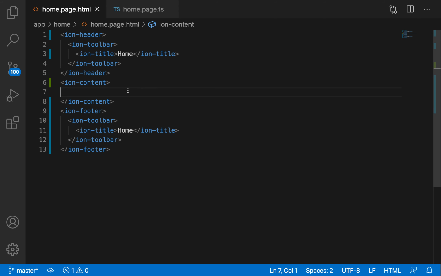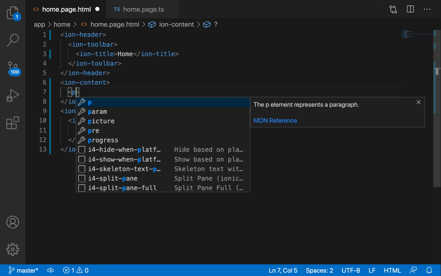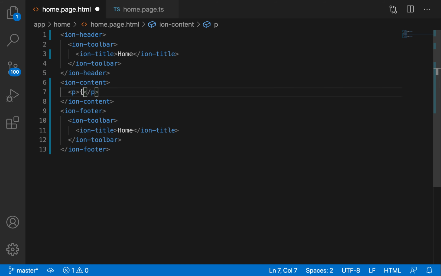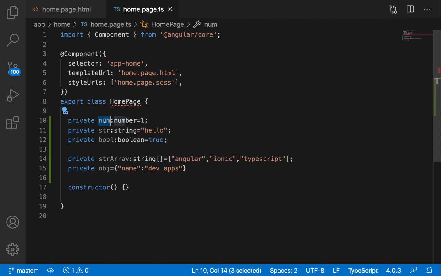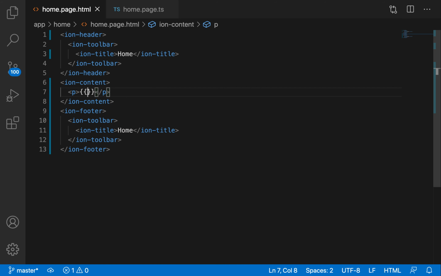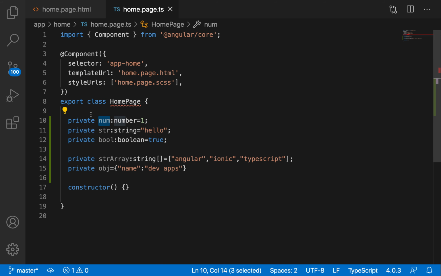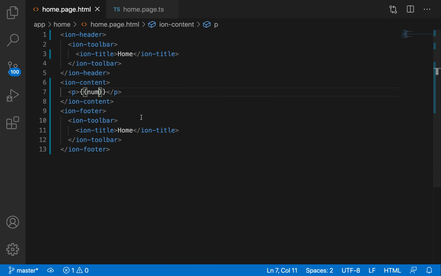So the string interpolation can be done with the help of expressions. Here I can create some tag, and whatever variable you have created, the variable name can be given directly in the HTML page here. So here we are using string interpolation. Simply, we have declared some variables inside the TypeScript file, and I am using the same variables inside the expressions to display the data which is there inside the variable.